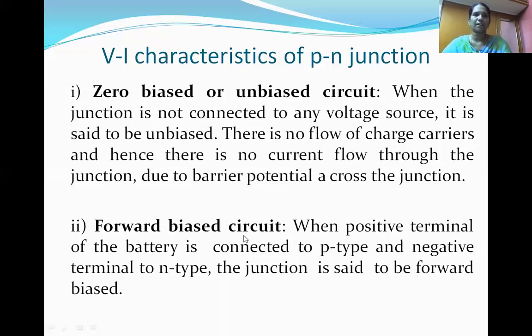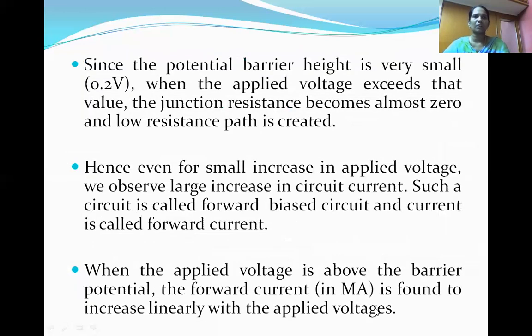Next, forward bias circuit. When the positive terminal of the battery is connected to P-type and the negative terminal of the battery is connected to N-type, then the junction is said to be forward bias. If P-type is connected to positive terminal and N-type is connected to negative terminal, then the diode is said to be forward bias. Since the potential barrier height is very small in forward bias, when the applied voltage exceeds this